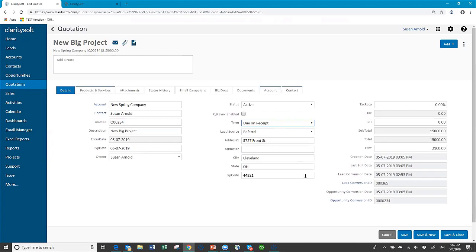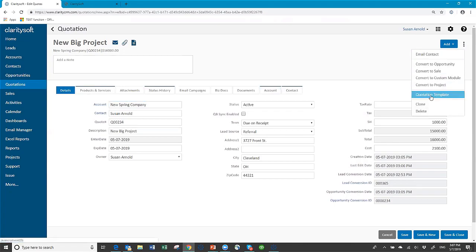Again, any other information that needs to be pulled in. If it has to have tax charged, you type your tax rate. If there's shipping and handling, you put that in. And then it will calculate that. Since it's 2 machines, I'm going to make it expensive. Okay. So notice your total now includes the shipping and handling. I'm going to save it. And then within Claritysoft, and this depends on how you're set up, this may go to your ERP system, your accounting system at this point for quotes or sale invoices, or it may stay in Claritysoft. You can create a quotation template,